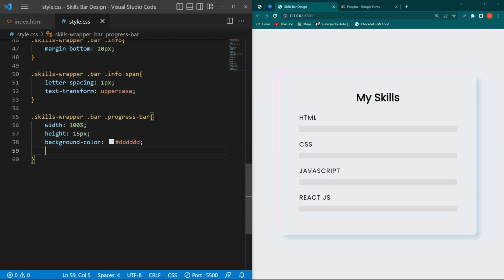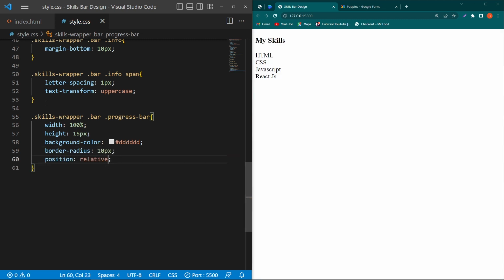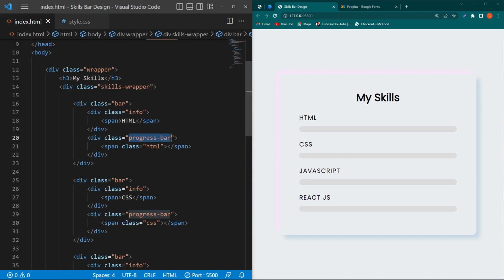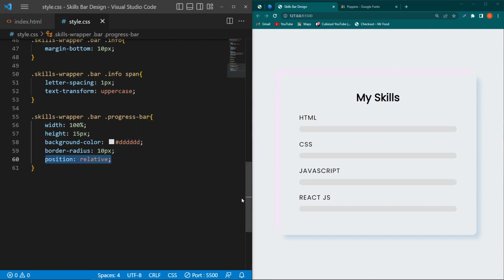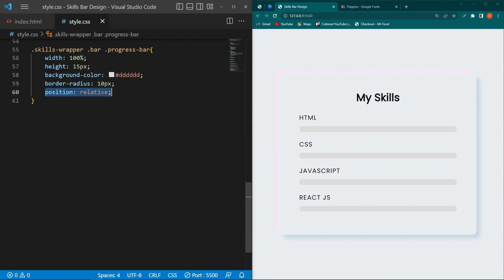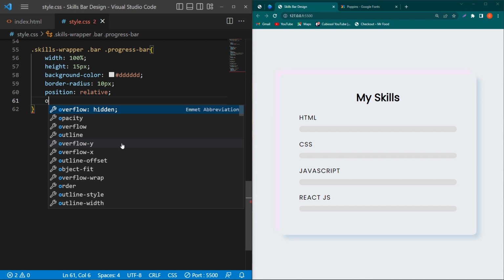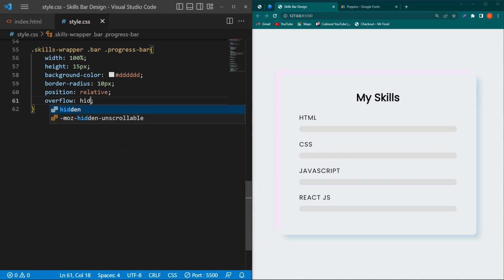You can see the output, and border radius 10 pixel and position relative because its inner element, which is a span element, we will assign this element position absolute. So these two properties will work together to display the inner span element in a meaningful way. You will see this in the coming seconds. And next I have to type here overflow hidden. So it means that the content that will overflow from this available area of the skill bar will never